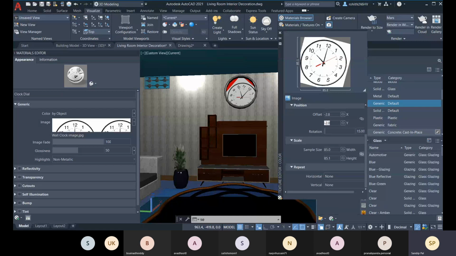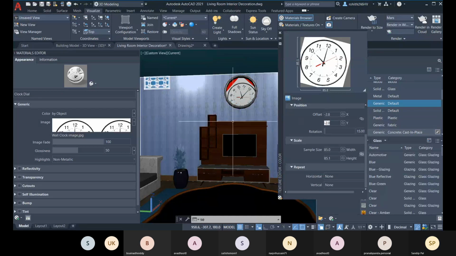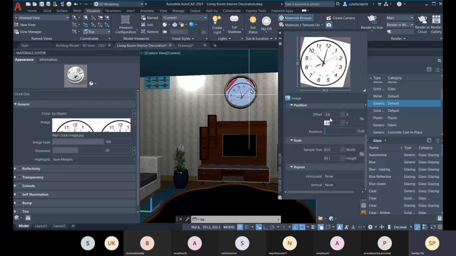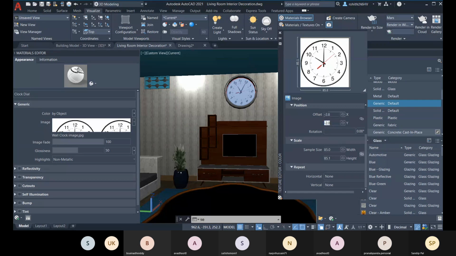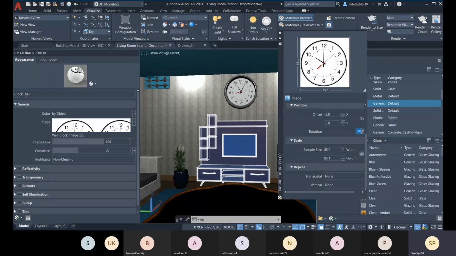You can see that it is being rotated, and after that you also have to apply this offset and all. So you go with this.